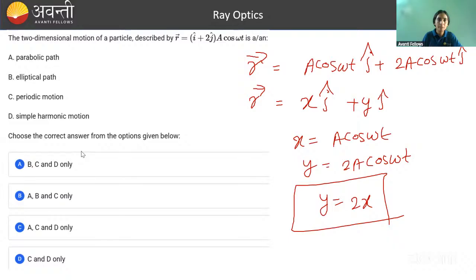Now let's read the question. What will be the path? Will it be